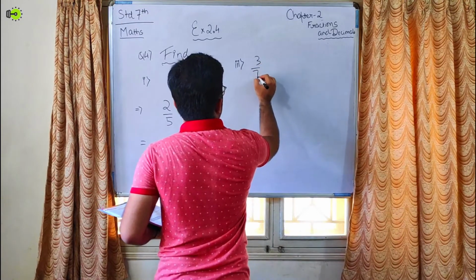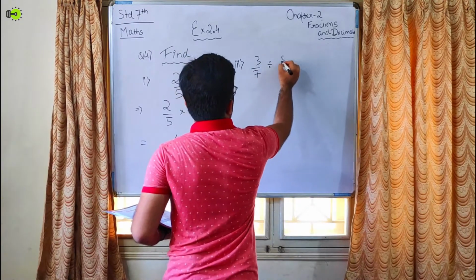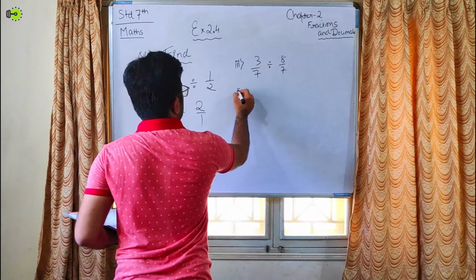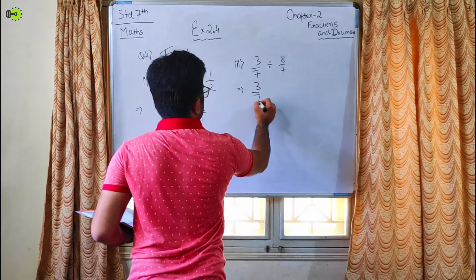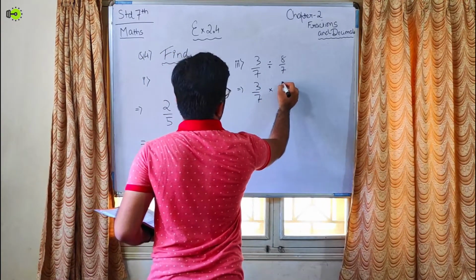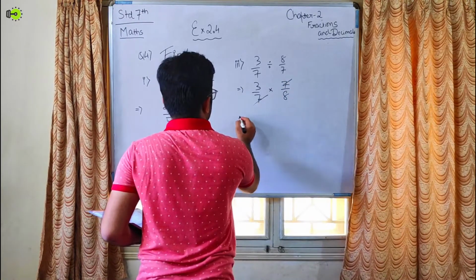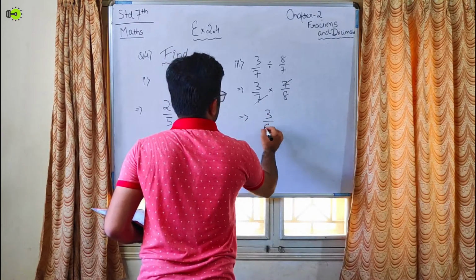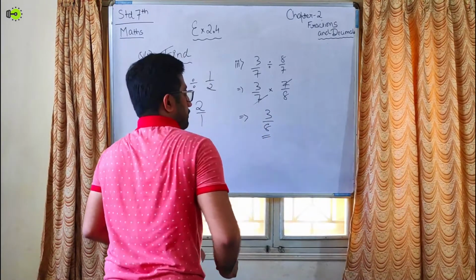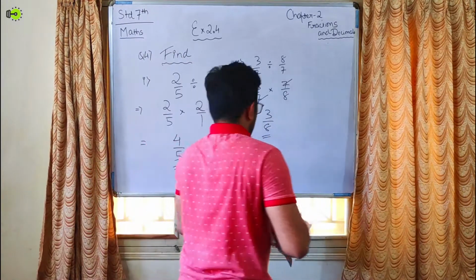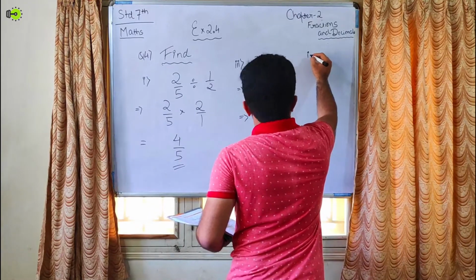Similarly, we can try the third one, 3 by 7 divided by 8 by 7. So routine, 3 by 7 multiply reciprocal of 8 by 7 is 7 by 8. Now is there something in common? Yes, so the answer will be 3 by 8. Okay, similarly we can try the fourth one,